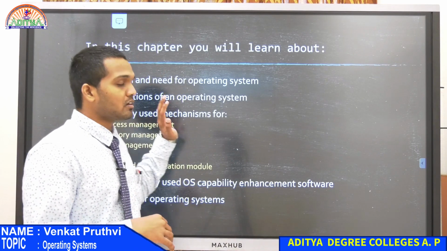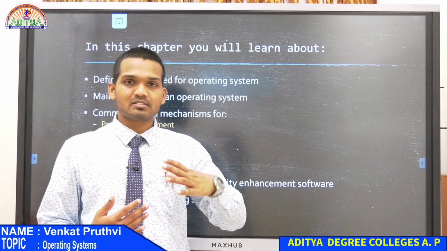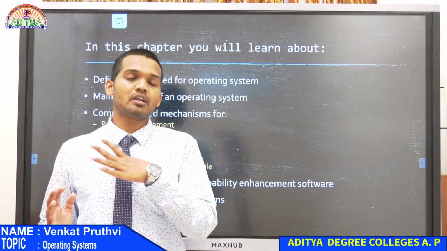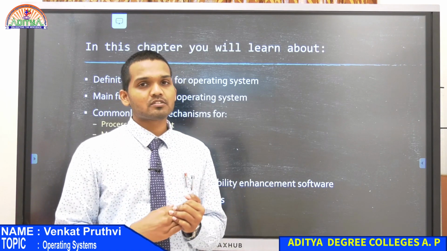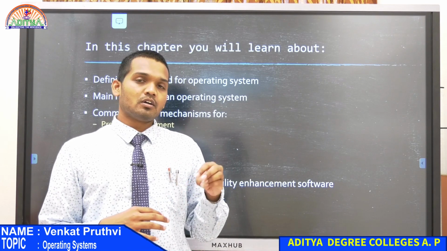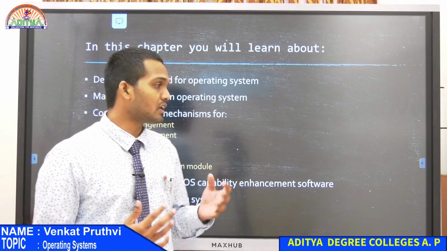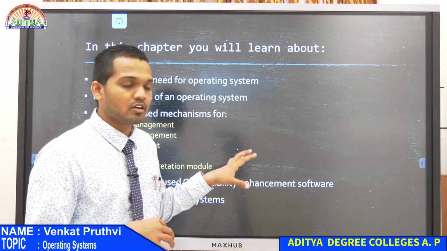But after listening to all the concepts related to operating systems, you will understand exactly what the CPU does, what the sole functions of a CPU are, what the sole functions of an operating system are, and which mechanism inside the computer works in what way. That is what you will understand, and that is how you have to understand the concepts.